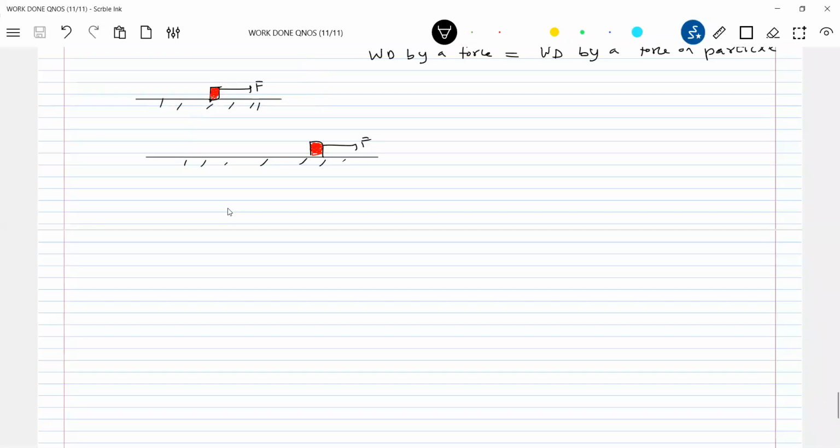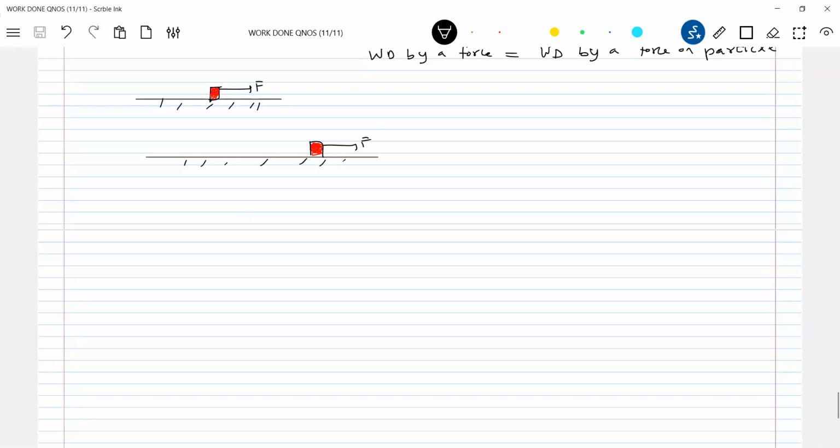Let's come to the normal contact force. Sir, is it a conservative force or non-conservative force, because all non-conservative forces are called dissipative forces. So therefore, can we call normal contact a dissipative force? No, it's not a dissipative force. In a numerical, it will become internal. Net work done will be 0 sometimes. Net work done will be non-zero also. It all depends upon the situation. Got the idea? It's not a dissipative force.